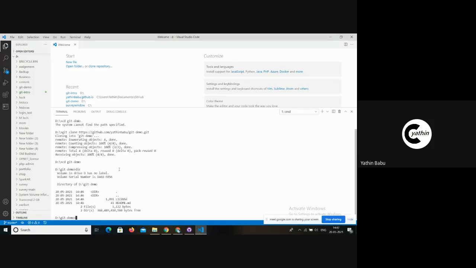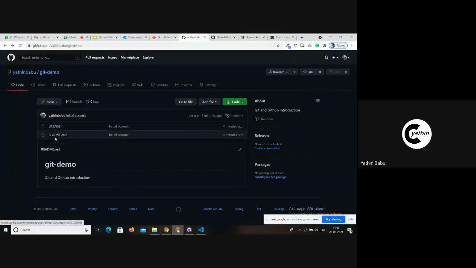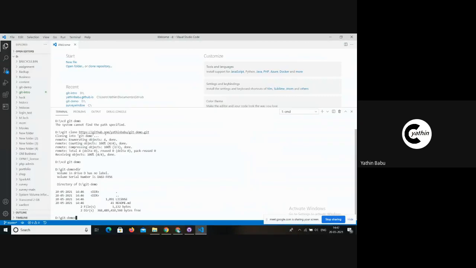As you can see here, like in the remote repository, we have a license file and a README.md file. I went in by the command cd git demo, and I checked the content within the repository. So it also has a license file and a README.md file.